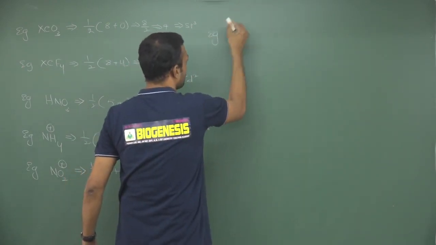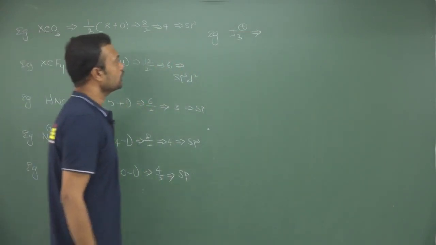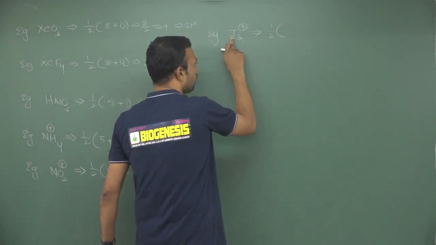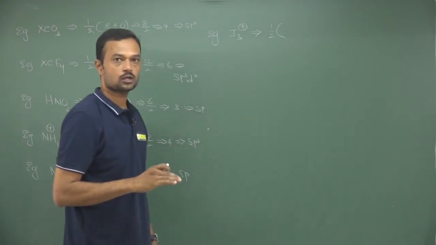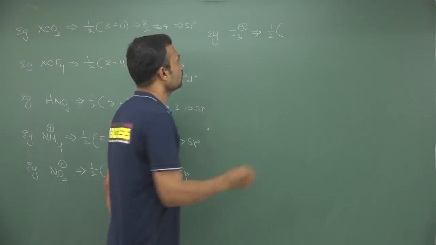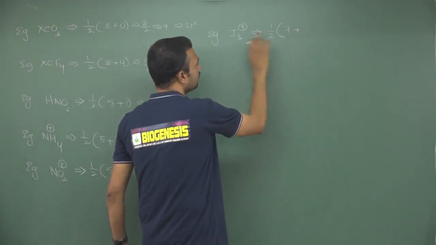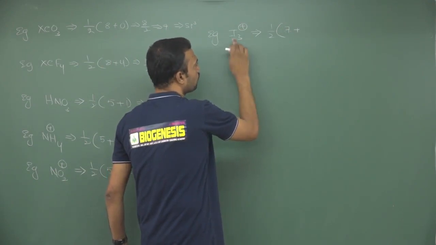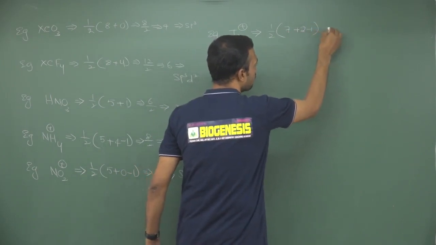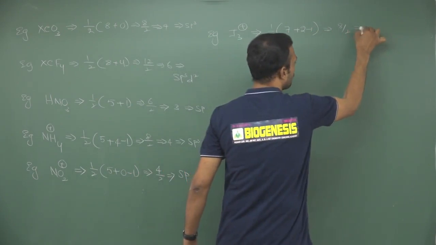Okay. See, I am taking I3 plus. In I3 plus, iodine is the central atom, 1 by 2. If one iodine is the central atom, the remaining 2 iodines belong to the surrounding atoms, which get surrounded around the central iodine. So one iodine belongs to the 7th group element, that is plus 7 here. Now plus how many monovalent atoms are there other than one iodine? Remaining 2 will be there. So you should take it as 2, and this is minus 1. Finally here you will get 9 minus 1, that is 8 by 2. 8 by 2 means you will get 4.